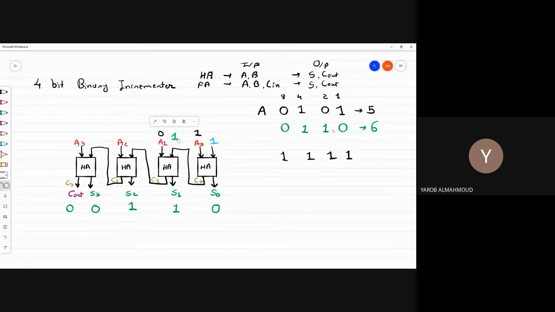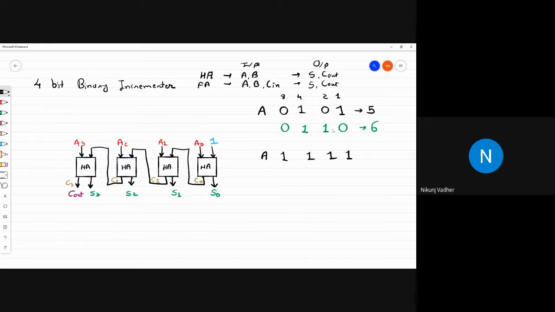The last 0 does not mean a negative number. We will consider that only for the adder subtractor circuit. This is an incrementer. The 0 and 1 I have written only for showing this value, a new example. Right now let's focus on this part.